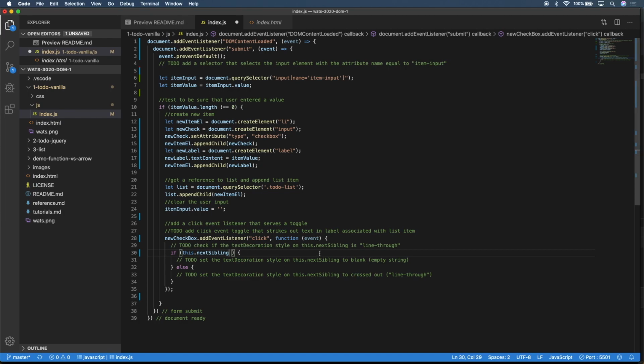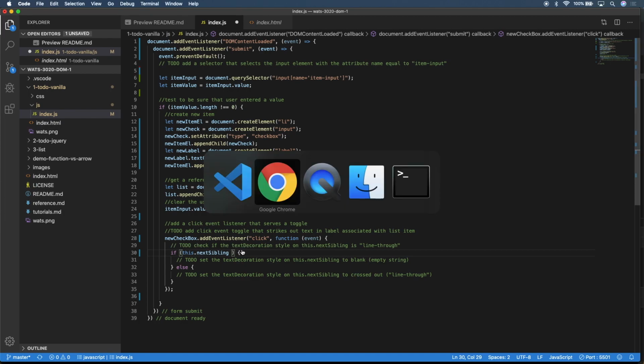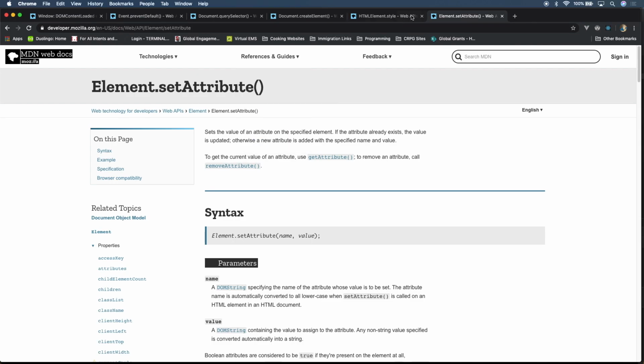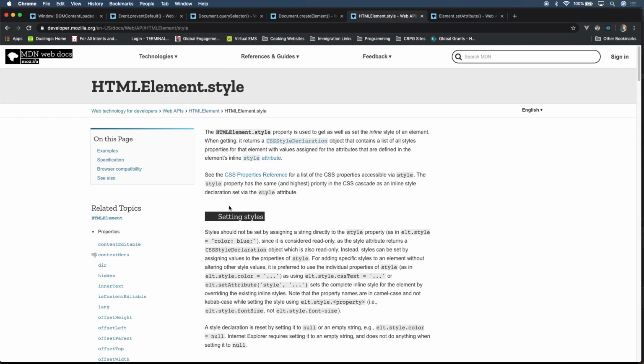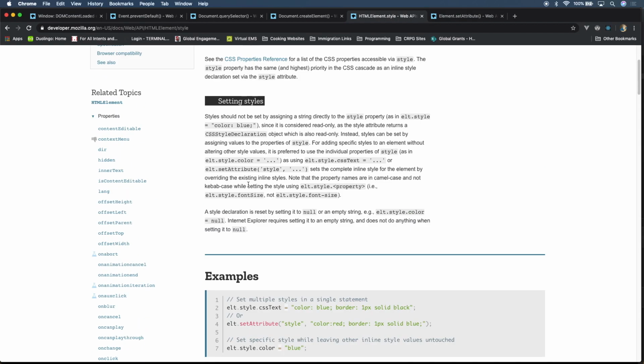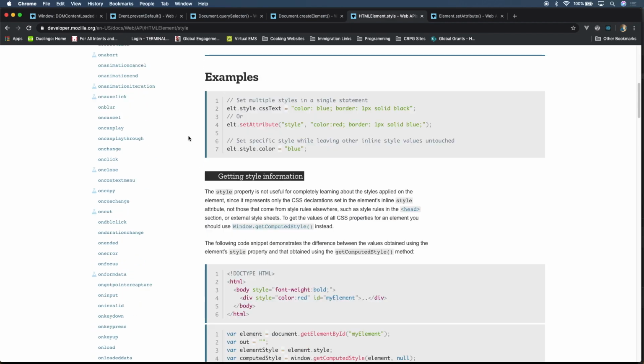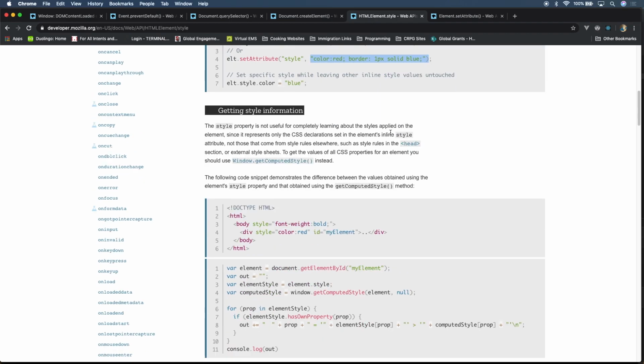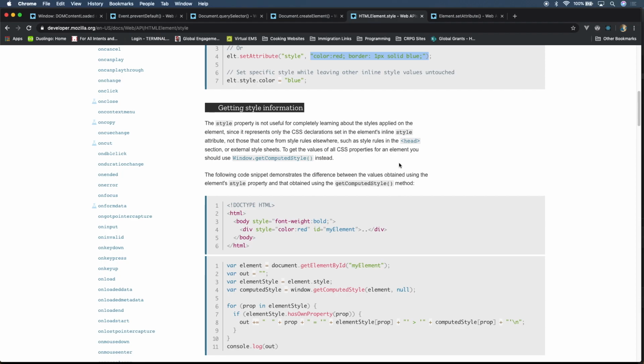So now we need to know text decoration and style. So luckily, in terms of using JavaScript to modify style, there's various ways you can actually do it. We could use setAttribute and say style, and then enter the actual style as it would appear inline, and that works. But that's also going to override any other custom styling like that. However, we can also just refer to